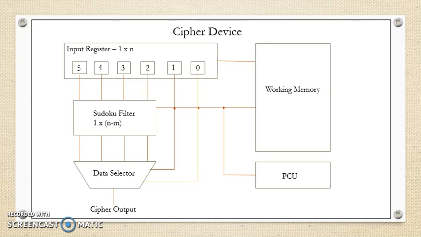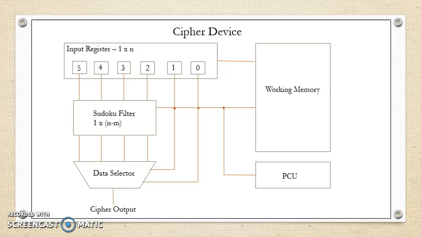Given that the input register is configured to include a 1 by n array of numbers, the Sudoku device may be configured to contain 1 by n minus m values, where m, a subset of n, includes the number of selector lines going to the data selector. As shown, 0 and 1 are the select lines and 2, 3, 4, 5 are the inputs coupled to the Sudoku filter and data selector. The cipher device may contain more than one mux or data selector from which the cipher